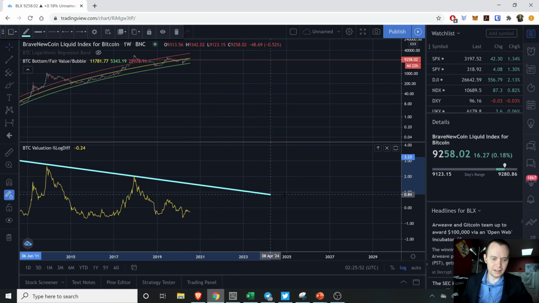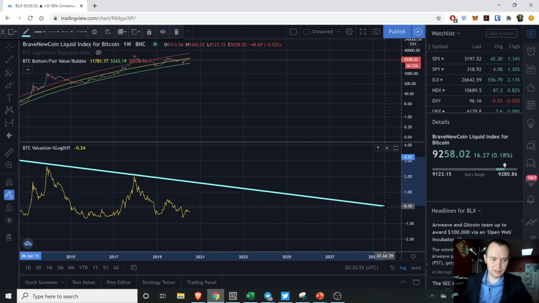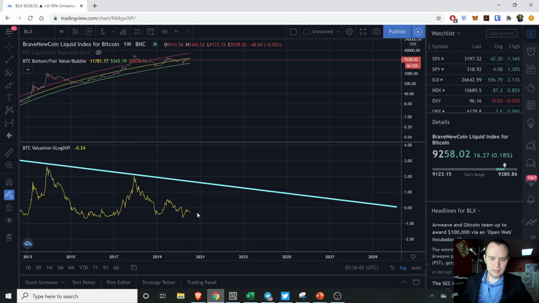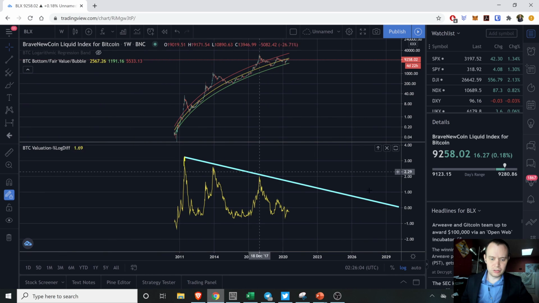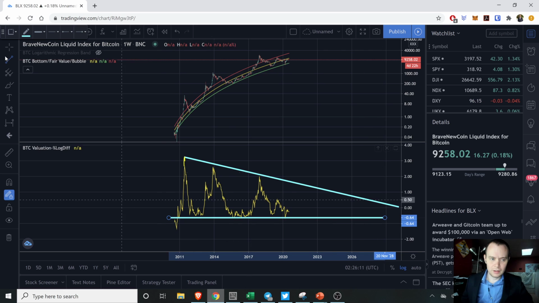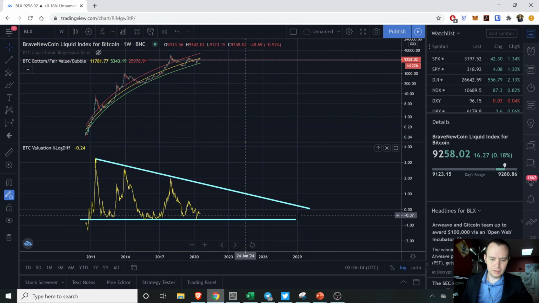You just extend this line out all the way. Say let's extend it really far out, all the way to 2030. Okay, and you can see kind of this longer term trend run. And if we draw say our basic bottom area, which is here, you can see that at some point we're going to cross, right? I mean, we're likely just going to oscillate in this window, and things are going to get closer and closer together.